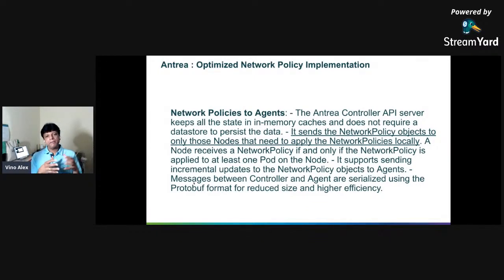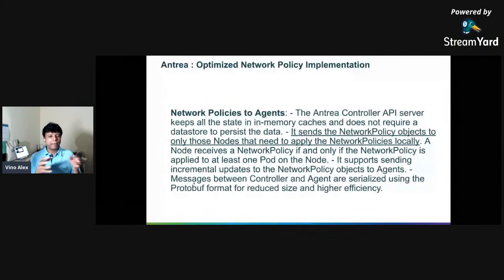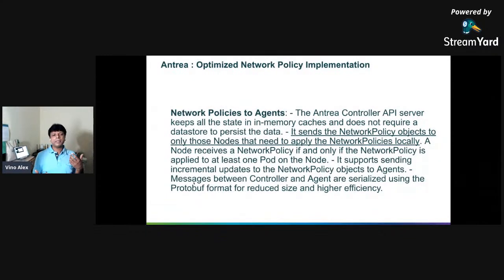But the thing is, when you apply a network policy, you don't need to apply it across all the nodes. You need to apply the network policy only for the pods, because network policy scope is only for the pods. So you need to apply it only on the nodes where those pods are running, not across the cluster. That is a kind of network overhead. So you need to take a targeted approach. Wherever your pods are running corresponding to that service, there only you need to apply that particular policy.